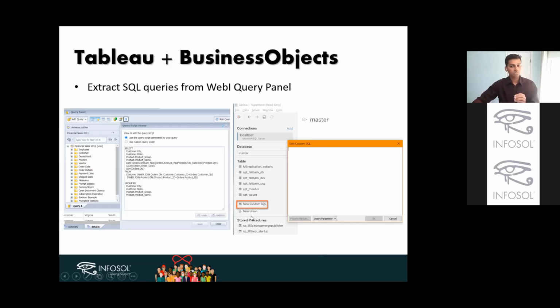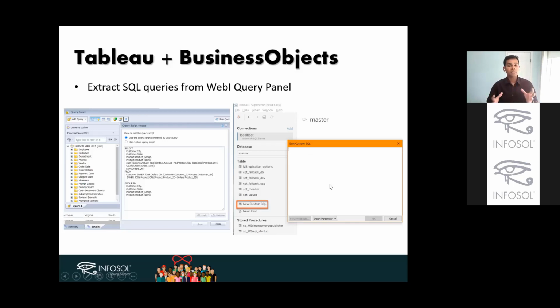You can use the custom SQL option and you can paste the exact same SQL query and this will work. But the big caveat or the problem here is that most of your Tableau dashboard developers are from the business side. You need to share your database username and password with them or create a separate account for them. And then you're giving access to some of your folks in the company who don't know exactly how SQL is written. In other words, they're just going to copy paste the SQL, but if they change anything,